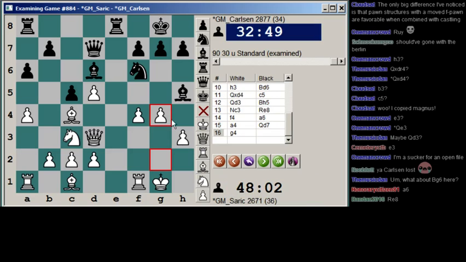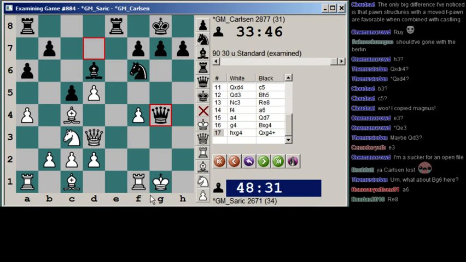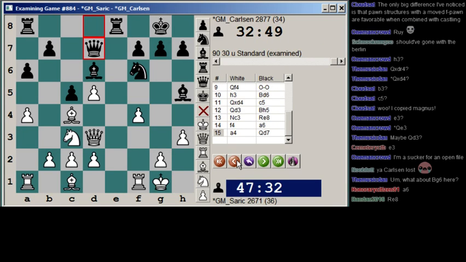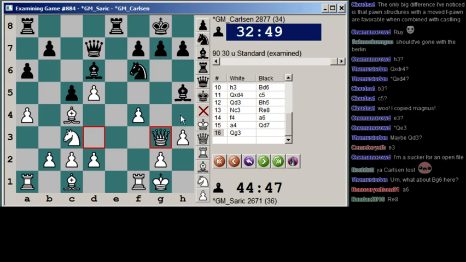So, for example, after g4, take, check, and you bring your knight into g4, and the rook comes in, and it's actually very dangerous. But of course, white doesn't have to play g4; he can just play another move. So after queen d7, he plays queen to g3. Looks kind of odd at first glance, but he simply wants to play queen h4, and then g4. And then f5,